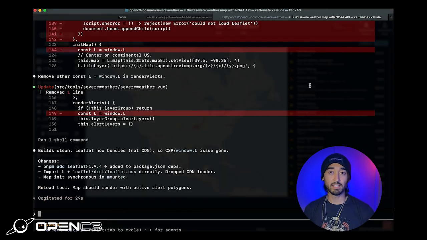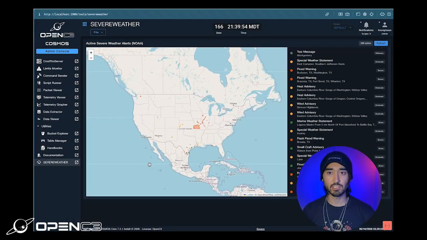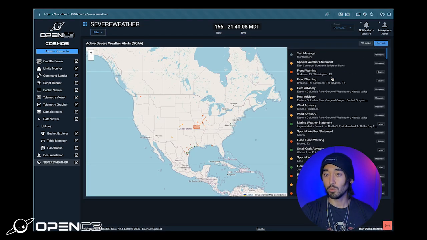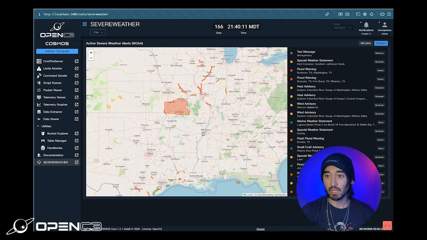All right, so I let Claude run for a little bit and it has generated some code now. It looks like it did add some dependencies to our package.json. So on your end, if you need to run some pnpm builds or pnpm installs, that may be necessary to get all the dependencies. But now, of course, this is just a vibe-coded application and it's going to be much more simple than maybe what you're looking for. But it's going to be a good example of just how to get started, how to build out these web UIs. So now it has pulled in all these records from the NOAA Severe Weather Advisory APIs, and then it has